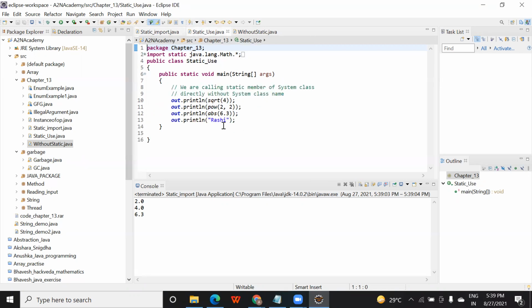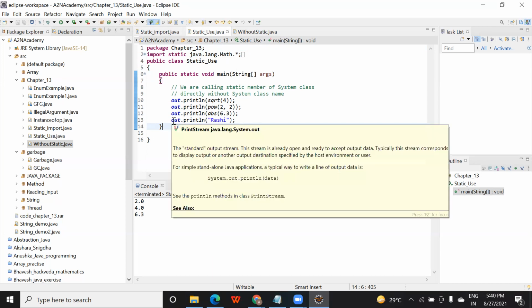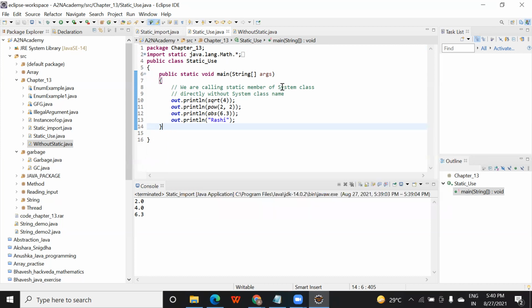And now, let me show you one more thing. That's an interesting thing. Now you see this. Now you tell me what difference you can see in the code from the previous code. The System keyword is missing. Yeah, correct. Why have I not added System? The reason is that System is defined in java.lang. You can see here java.lang. So I have already used java.lang.*, so I don't need to use this.